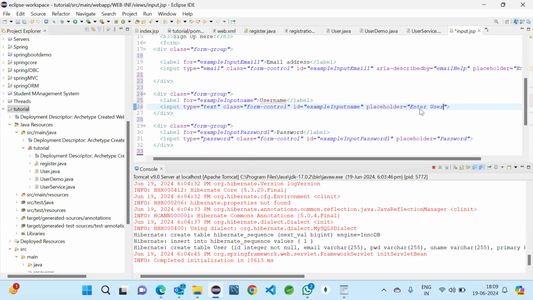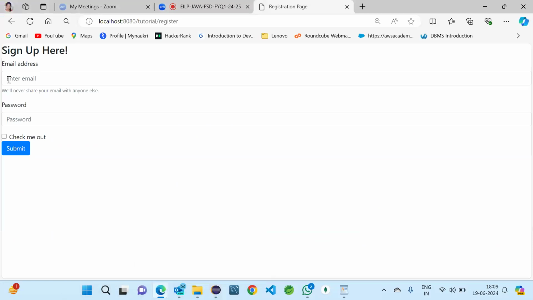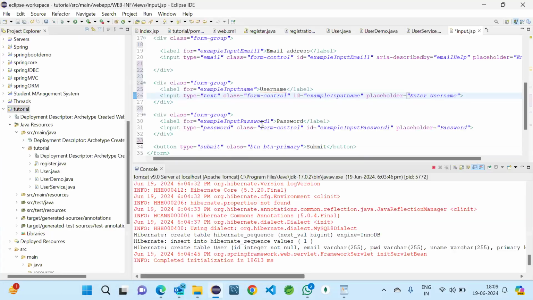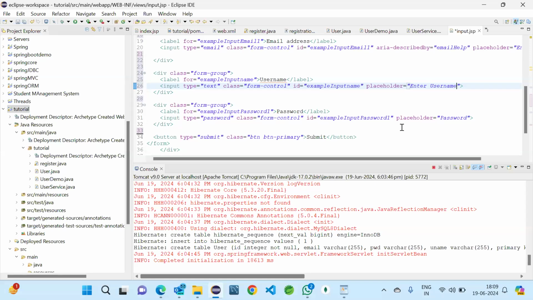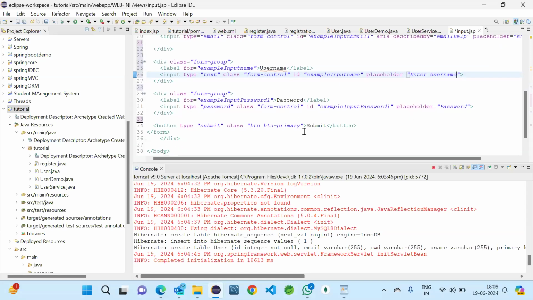Placeholder is nothing but the text we will be having before entering anything. This line is there, that is called a placeholder. And next is the password, password, and last will be submit. So this I want to use as sign up. That's it.